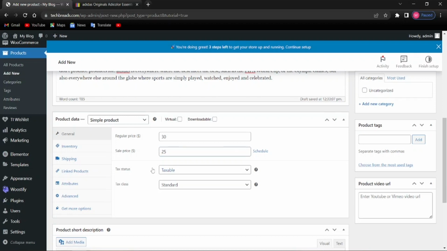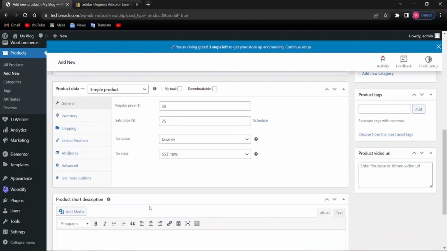Let's give them a discount, and then taxable. If it is taxable, then keep it tax class standard. I'm going to keep it to GST 10, which we created earlier. All right, so once that is done,